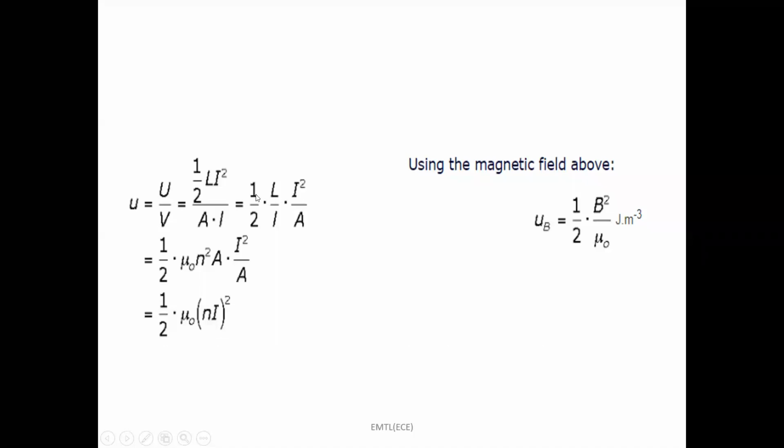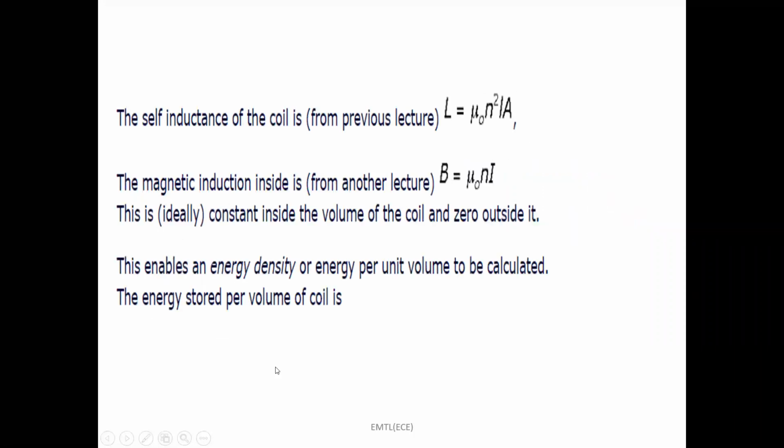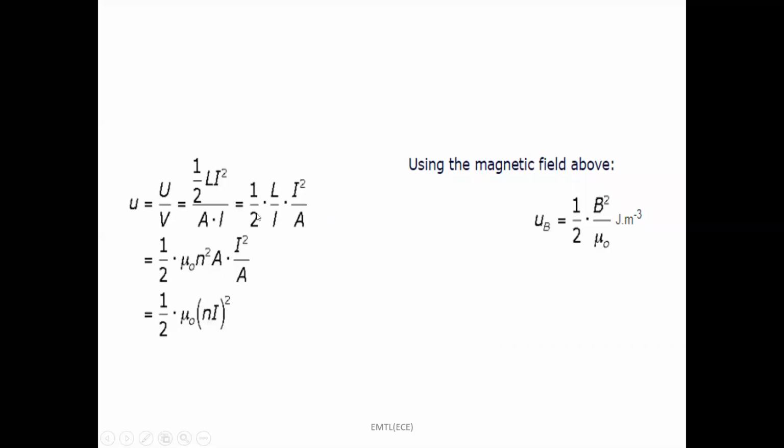So simply here 1 by 2 L I square by A. Substituting the value of L, that is mu naught n square I A, into I square by A. By cancellation of A into A, simply there is 1 by 2 mu naught n I whole square. Okay. So as the expression of B is equal to mu naught n I,